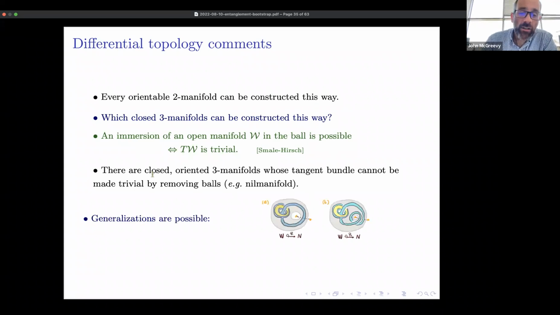However, it's worth noting that generalizations of this technique are possible. For example, rather than starting with a reference state on the ball satisfying the axioms everywhere, we could allow some violations of the axioms in various places, meaning that there can be defects inserted. And we can still study this notion of immersion, even in the presence of defects. It'll require some generalization, but there's room for improvement here. So I have some optimism that everything is included.